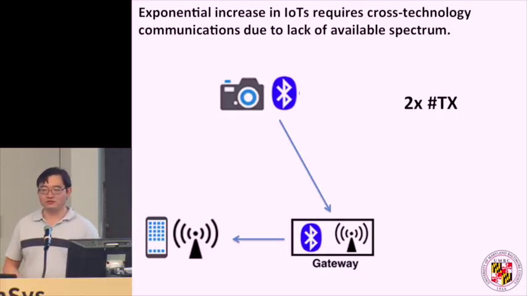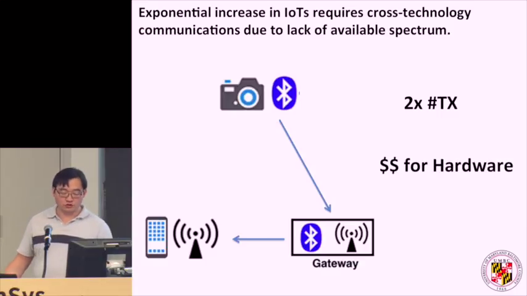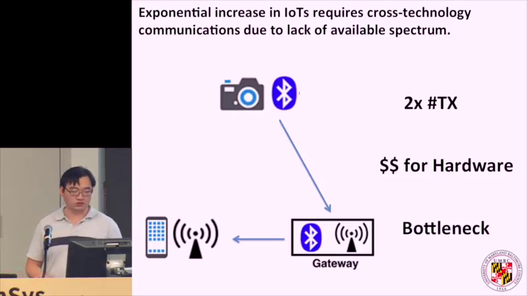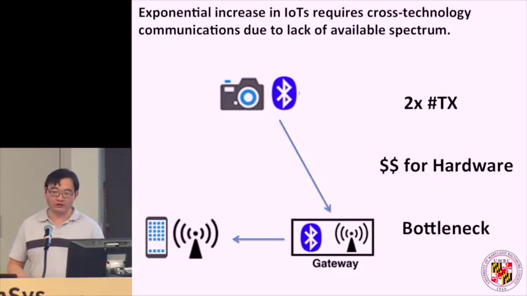And the bad thing about this current system setup is that there's redundancy. There are two redundant messages being sent. You have a Bluetooth device, and the gateway has to forward this message. There is also money for the hardware, because every time you have one of these systems, you have to purchase this gateway, right? This gateway will become the bottleneck. It limits your network connection. It's essentially the router, and you have to purchase one of these routers. So as you can imagine, if you were to have thousands, hundreds of thousands of these devices, you have to have tons of these gateways, and it's inefficient.